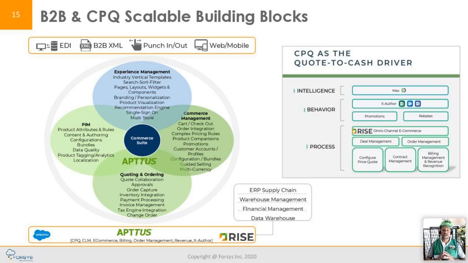You create a unified experience using the touch point with your customer, your partner, your channel partners, whatever your life cycle is, whatever your go-to-market strategy is in the middle. It allows you to then sit on top of a unified system such as Apttus that allows you to do your configure, price, quote, contracts, and billing, etc.